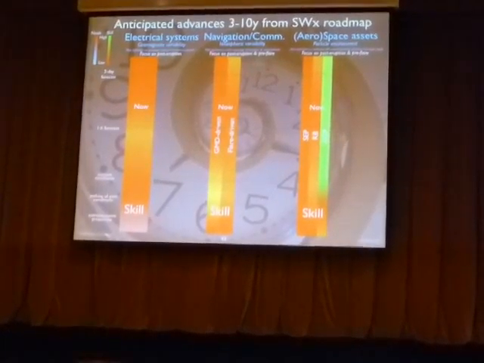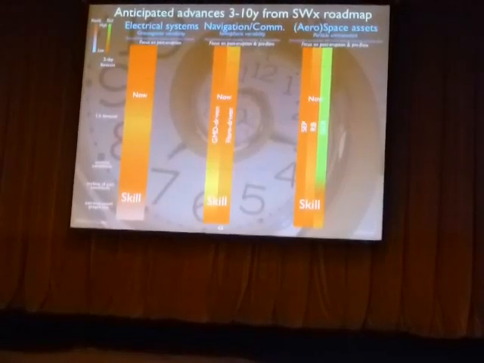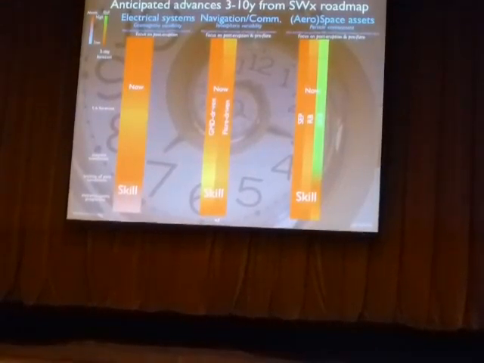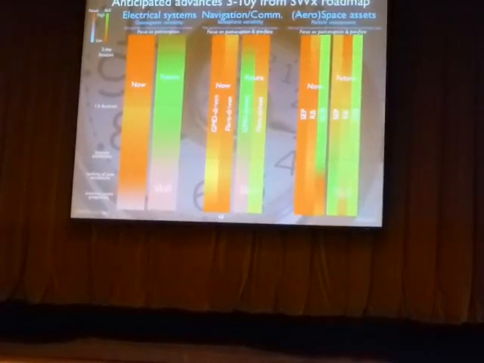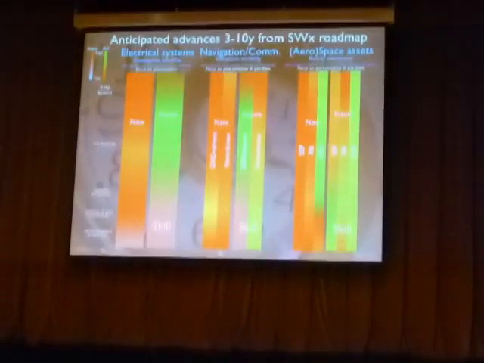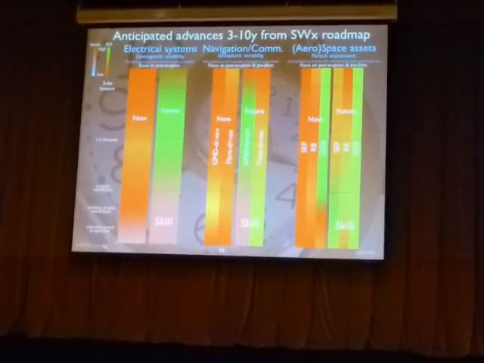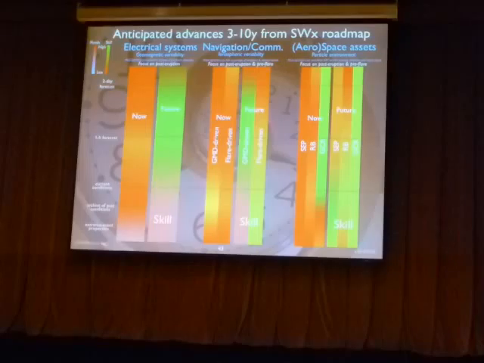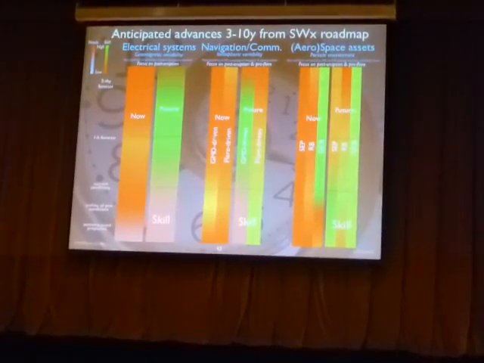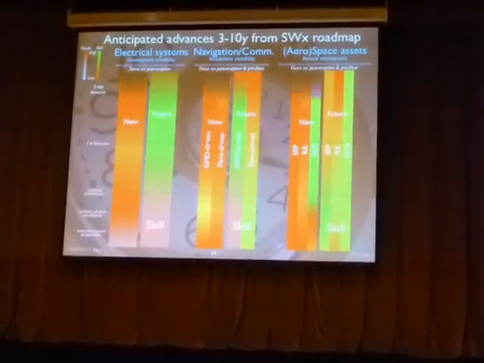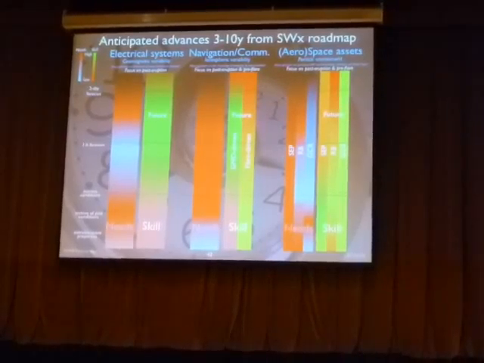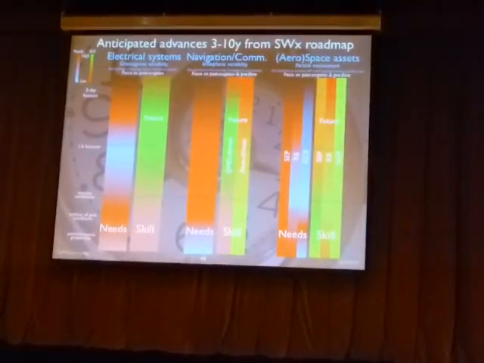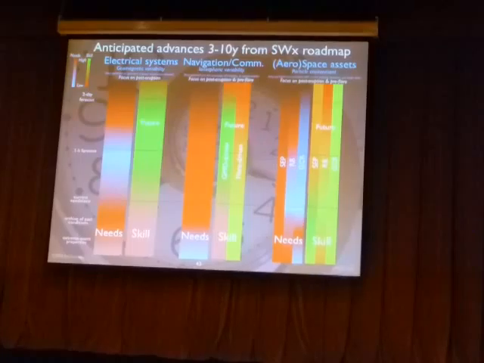But where we would like to be, and where we think we could come within just a matter of years upon working on this roadmap, is a much greener future. A state in which we think we can actually meet the needs of many of these sectors of society and many of our scientific interests once these recommendations are acted on, so that the green skills and the red needs have a much better matching from one to the other.